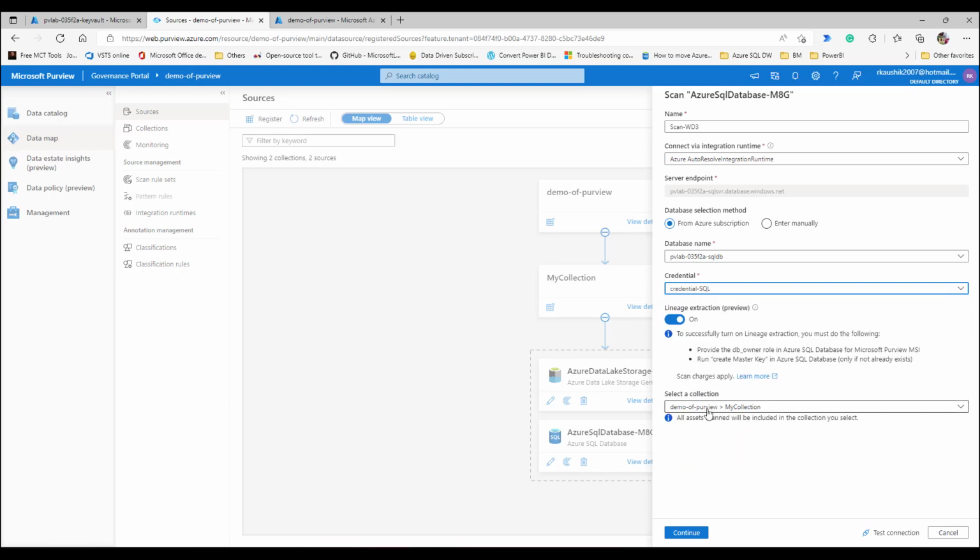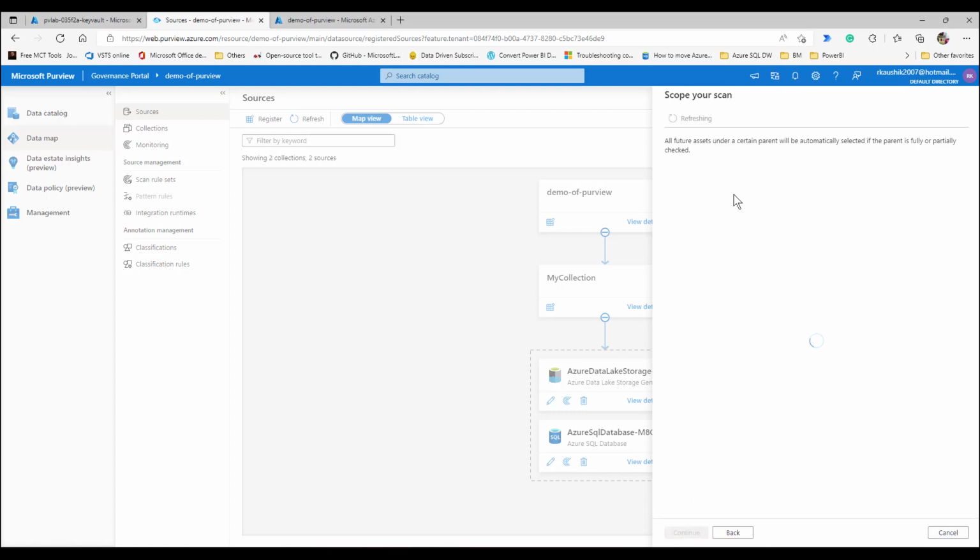And it is telling me to use the particular selection. So we don't want lineage. So let's turn it off and then test that connection. Okay, so the connection is successful. We will continue,